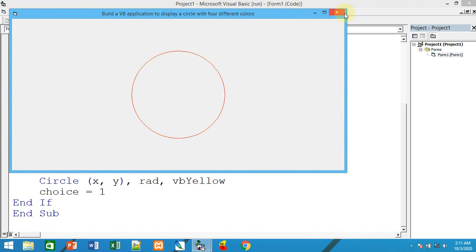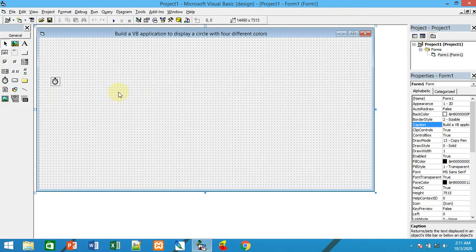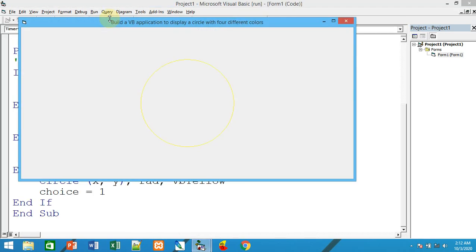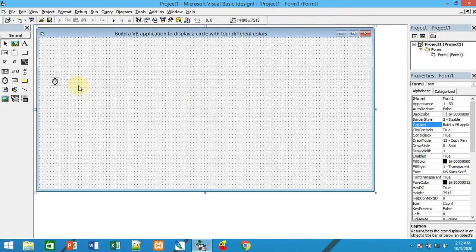If you want to make it slow, choose this and make it 250. Yes, you can easily find out. And one more thing is that the circle is displayed with the default thickness and line color, of course, draw color.